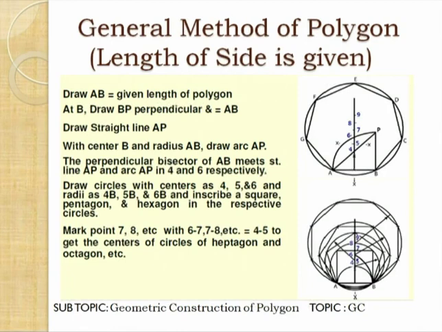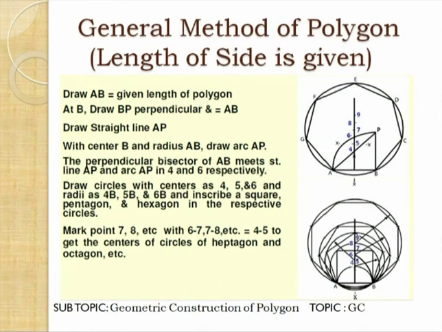And taking the center, here we want to draw the heptagon, so take the center 7. If you want to draw the pentagon, then you take center 5 and draw the circle passing from the points A and B. Here we will take the center 7 and draw the circle that will pass through points A and B. Then on this circle you cut lengths equal to the side of the polygon that we are knowing successively, and we will get the 7 points, and you join these points in sequence,